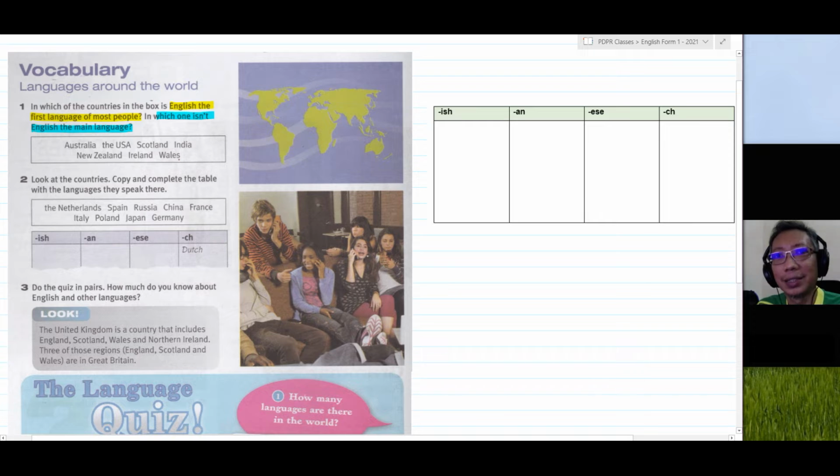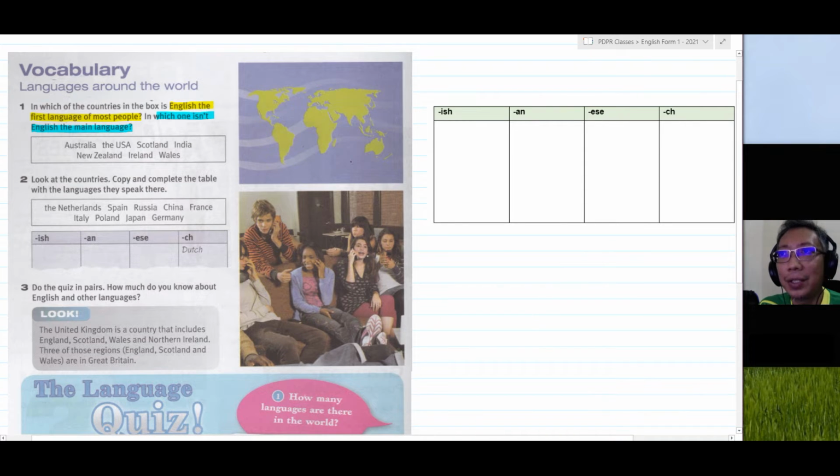Okay, before we start answering, I would like you to look at the globe. Maybe you can search from the internet the location of these countries on the map. I bet some of you might know a few. Some of you might not know the location. So before we start, I want you to search the globe, maybe using the internet, and locate the countries on the globe. Okay, you can search now.